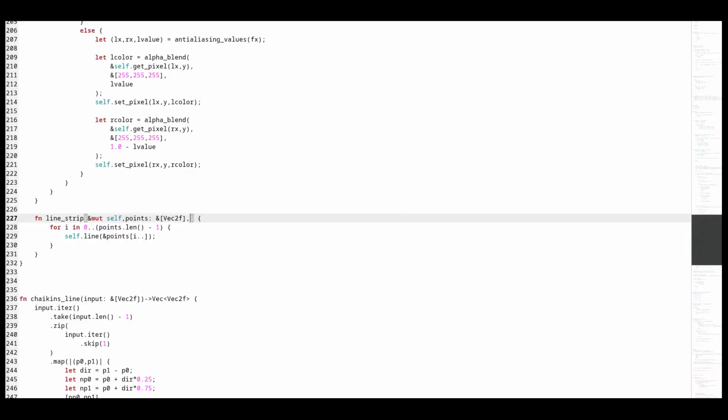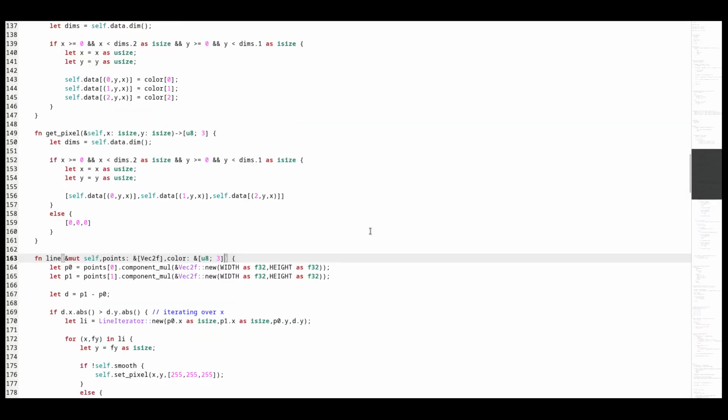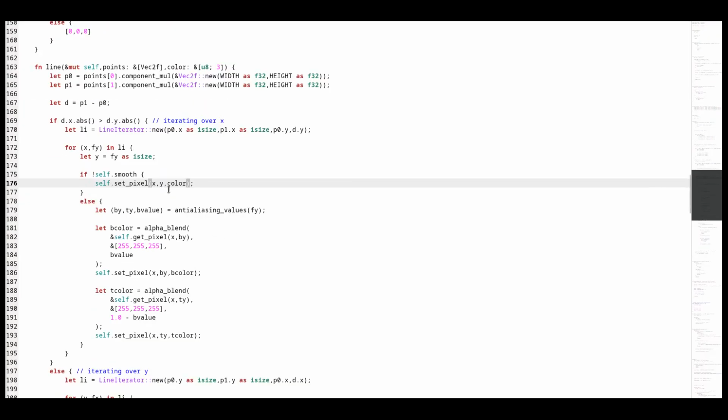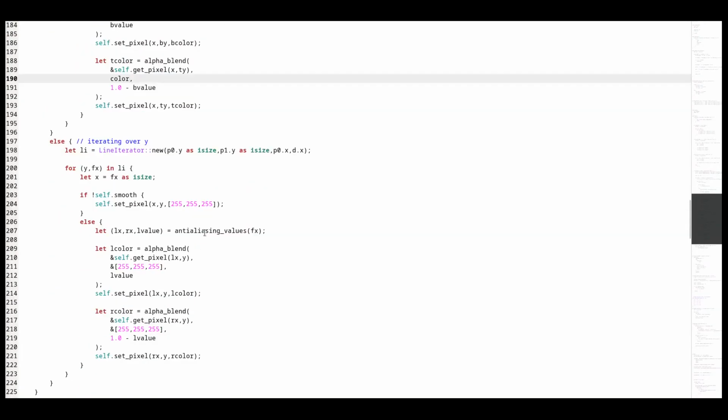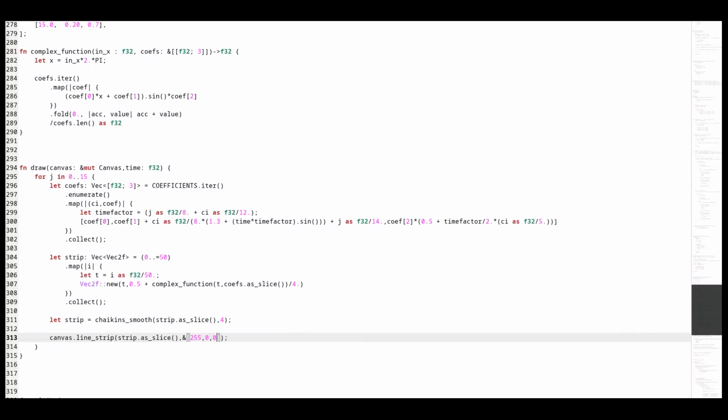What if we color these lines? Now they are red.